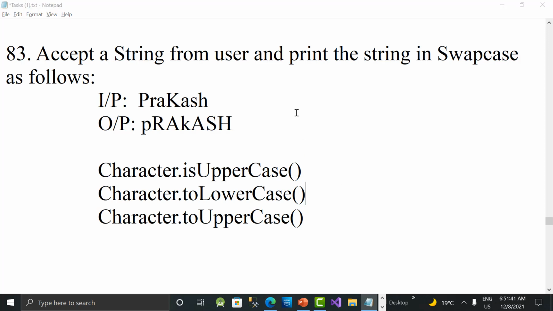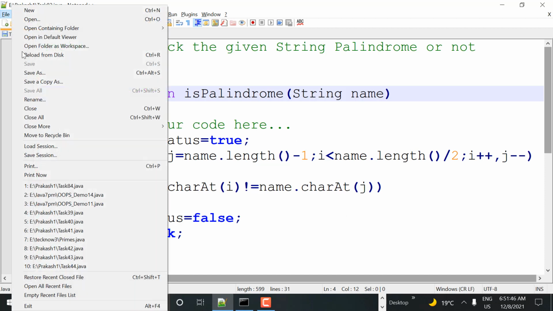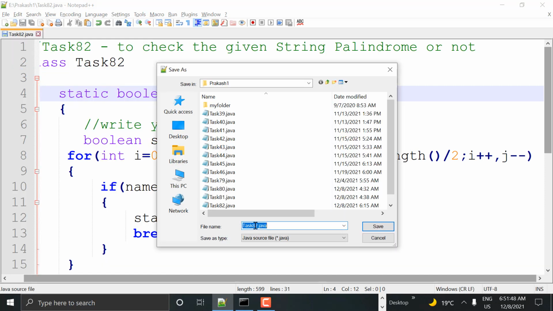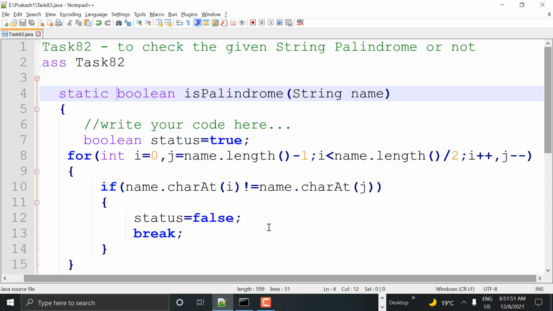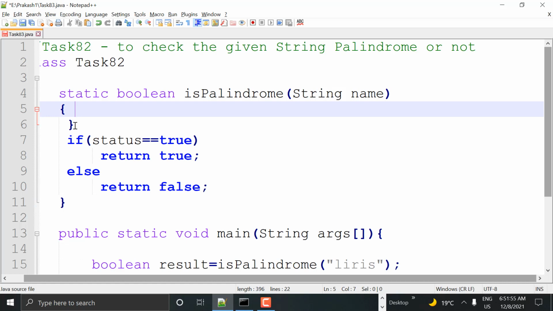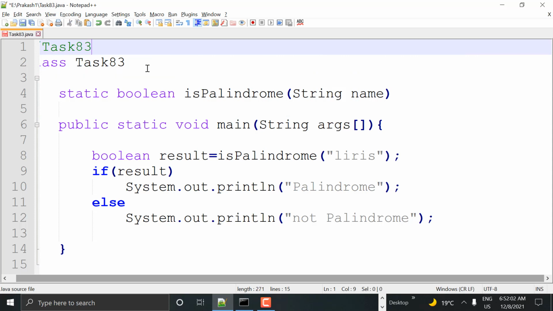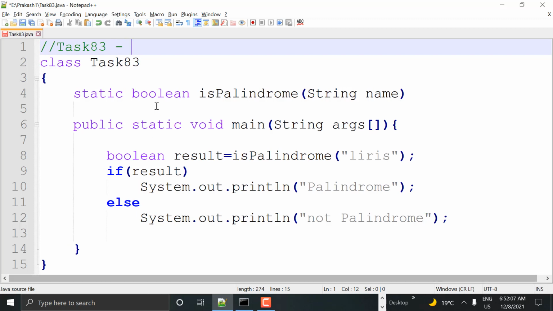So we are switching to Notepad++ and saving it as task number 83. Let me delete all this code. This is what we are doing, guys: to print a string in swap case, that is the task we are doing now.